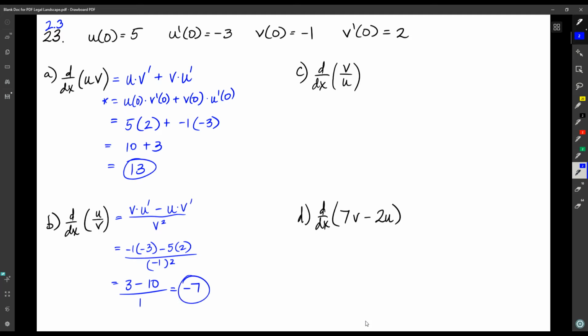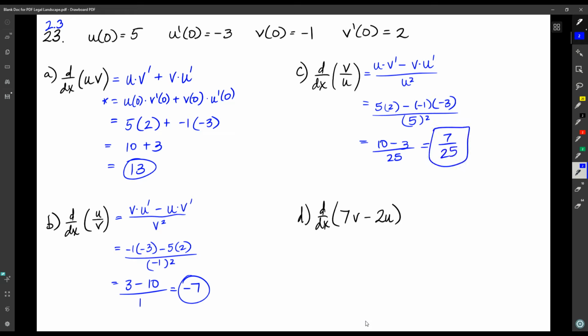Let's go to C. This is a quotient rule again, but we have flip-flopped the numerator and denominator. So we have the bottom times the derivative of the top minus the top times the derivative of the bottom, all over the bottom squared. All of those evaluated at 0. So u of 0 is 5, v prime of 0 is 2, minus v of 0 is -1, and then u prime of 0 is -3. This is all over u of 0 squared. U of 0 is 5, so we've got 5 squared. That gives us 10 minus 3 over 25 for an answer of